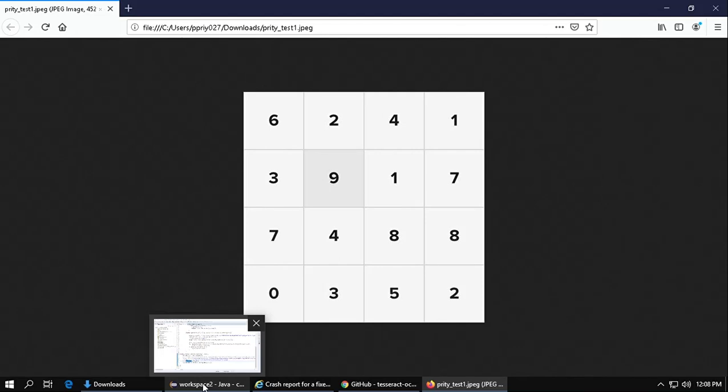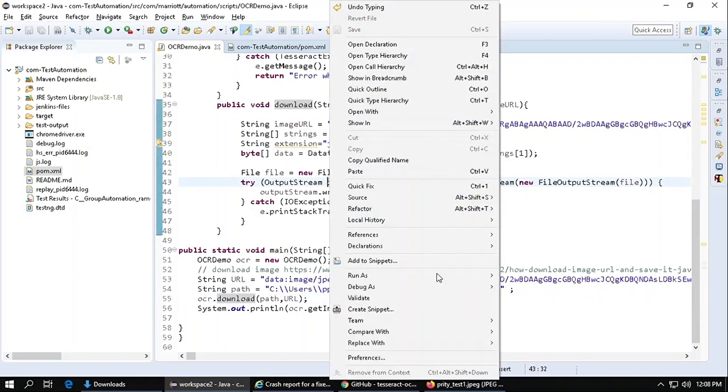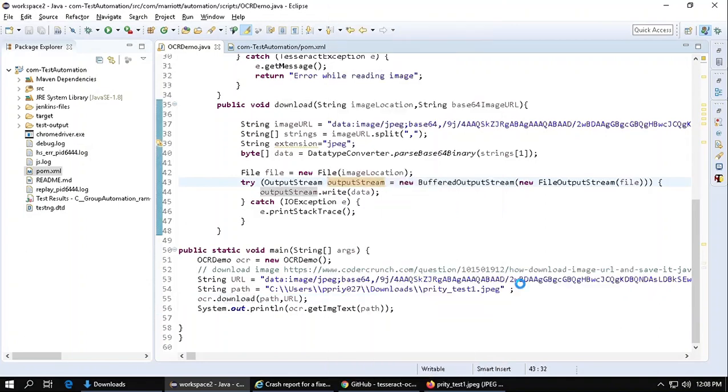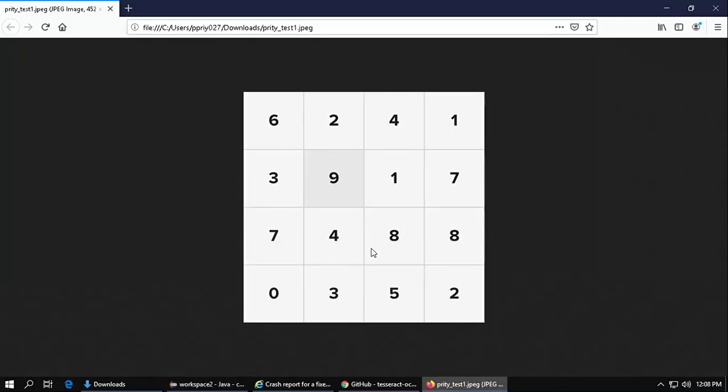Let me execute my script and show you how it was coming. See, it is coming like this. So what I did is I put it in a string, and if I want to enter 4 in this, I find the index of 4 in this string, come here and click on it.